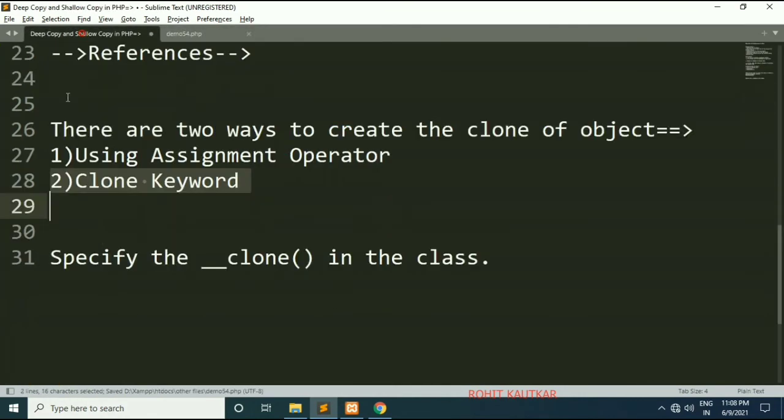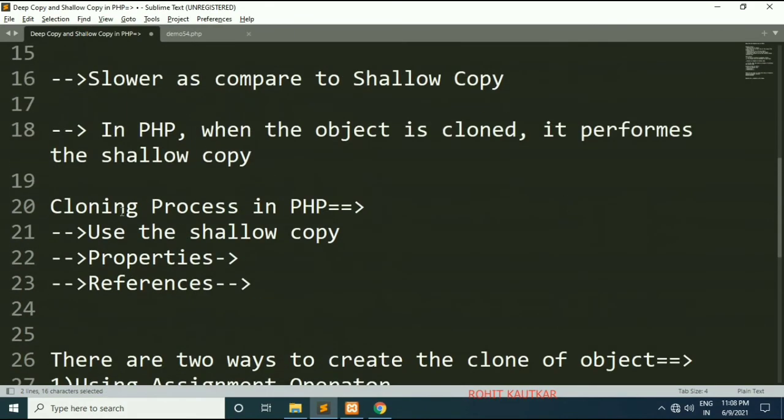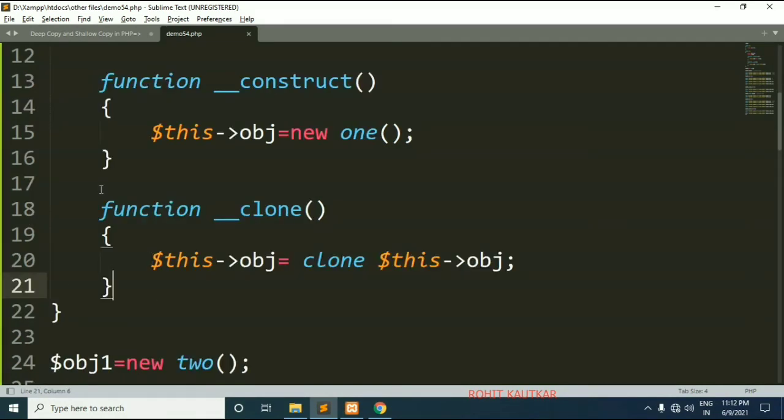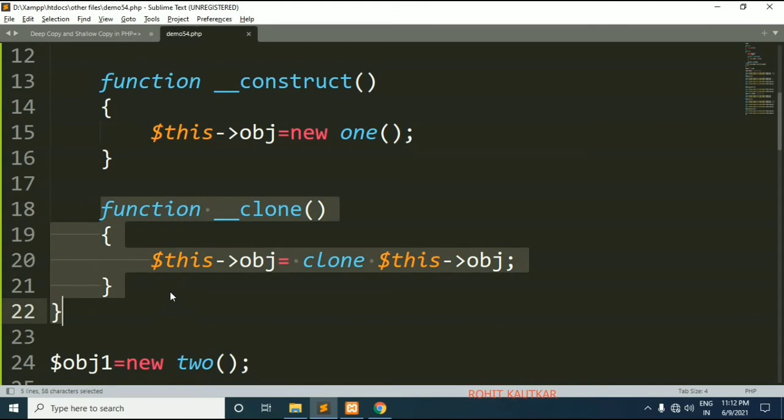As I told, in the process of cloning, as soon as all the properties and references are getting copied, the clone method will get invoked by the new object. So friends, here we have overridden the clone method. Internally the clone keyword copies all the variables from the first object to the new object, and then it calls this clone method.